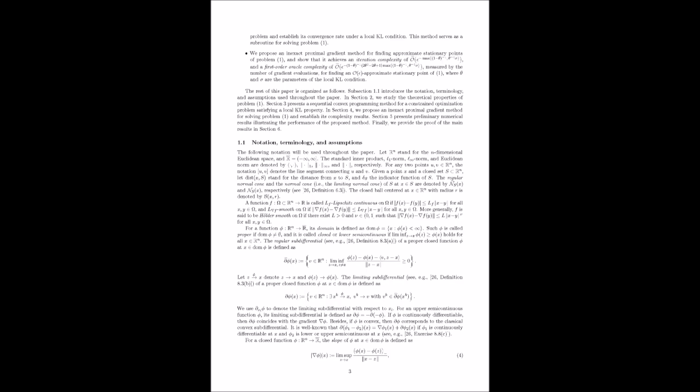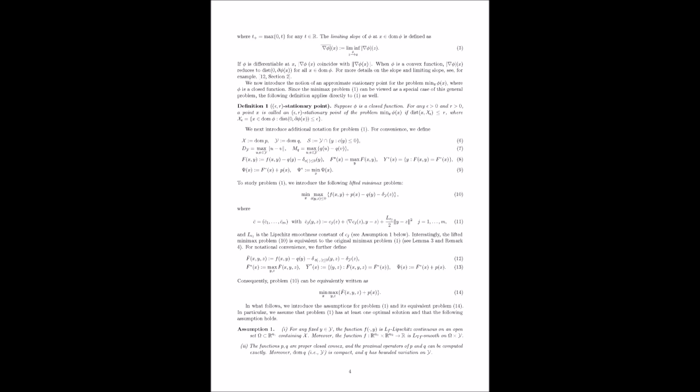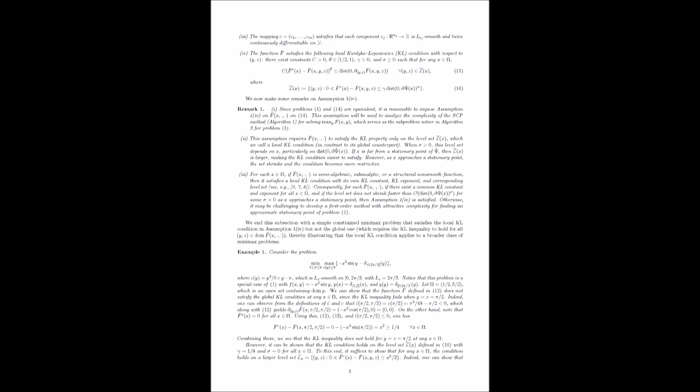Okay, so this example definitively breaks any hope of relying on a global KL condition. How does the local KL condition rescue the situation? This is where the level set and the parameter sigma become critical. Remember, the local KL condition, Assumption 1, only needs to hold for points inside the level set, where the gap is bounded above by gamma. Right. In this specific example, the authors show that it satisfies the local KL condition with the stated parameters, and crucially, a particular sigma.